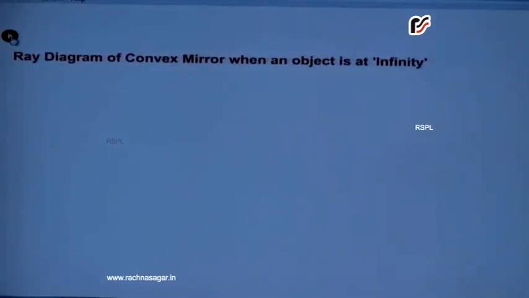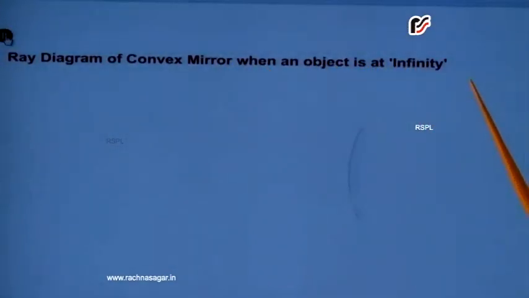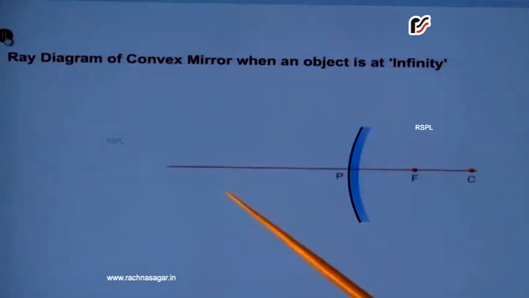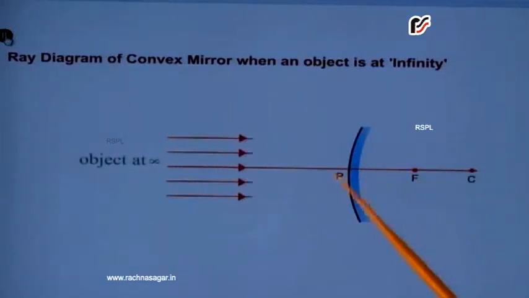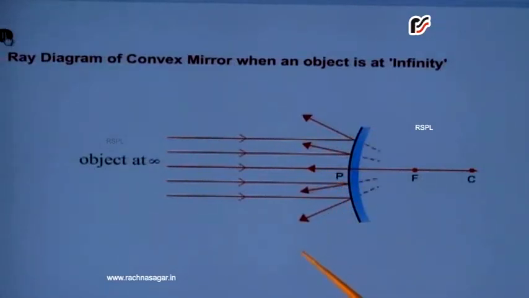Now we discuss the image formation by a convex mirror. Here is the ray diagram for a convex mirror when the object is placed at infinity. Take a convex mirror, principal axis, pole, focus, C, and a parallel beam of light coming from infinity. After reflection they diverge outside and appear to meet at point F. It indicates that the final image is formed at F. The nature of the image is highly diminished, virtual and erect. We can say that the size of the image is point in nature.